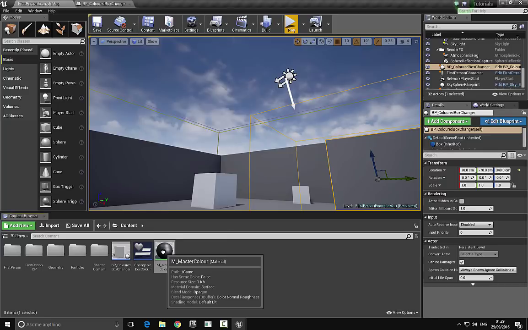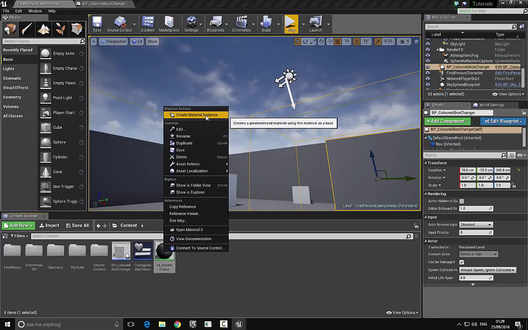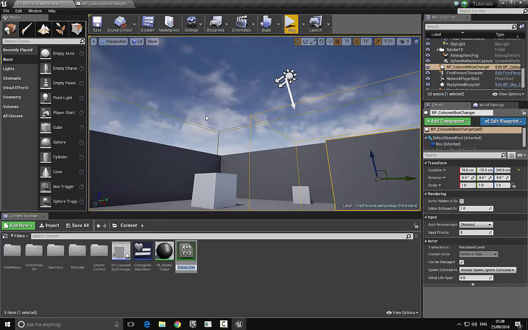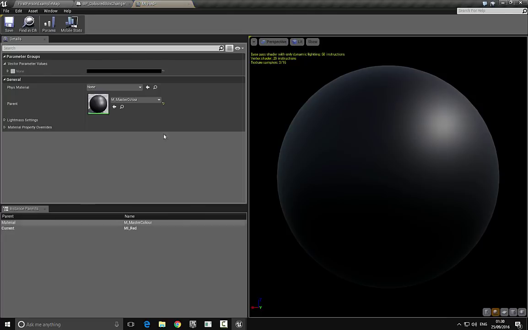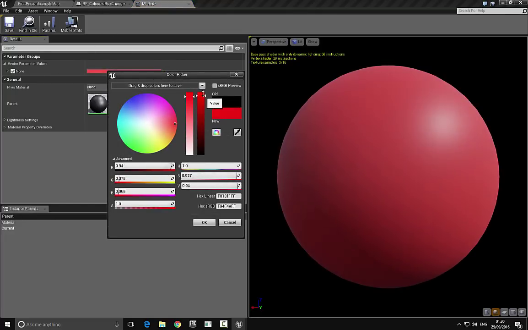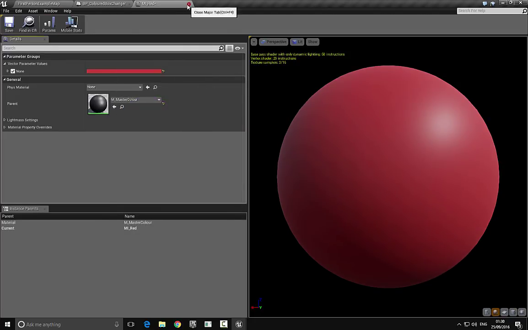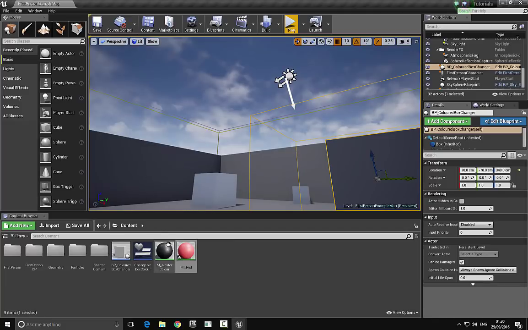Okay, so I can right click and go ahead and choose material instances, and I'm gonna call this MI_Red, and we can go and set the colors here. So let's just overwrite these, set this to this red. Let's just close this for now. Let's do the same for the others. So MI_Blue,